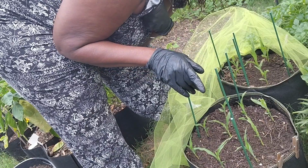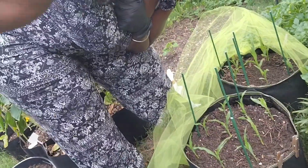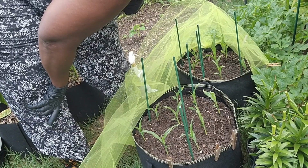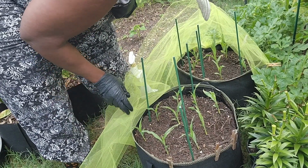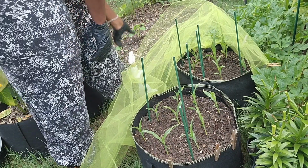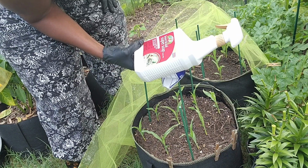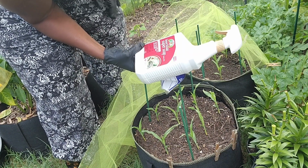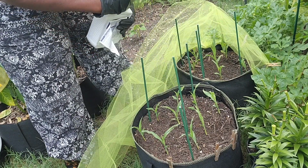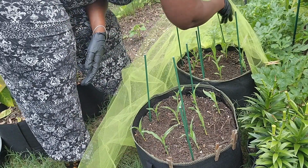So I planted 18 of them, luckily, and it looks like 7 of them have been damaged. So I'm gonna spray some of this Captain Jack's super soap, and it has the spinosad ingredient in there. So I'm gonna cover them back up, and